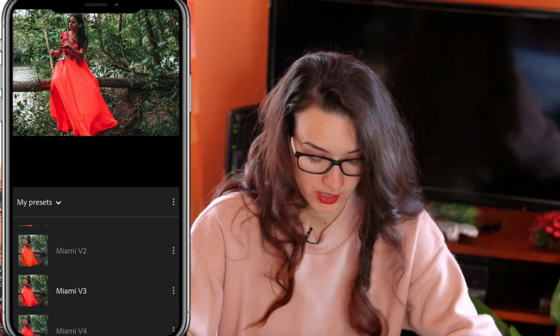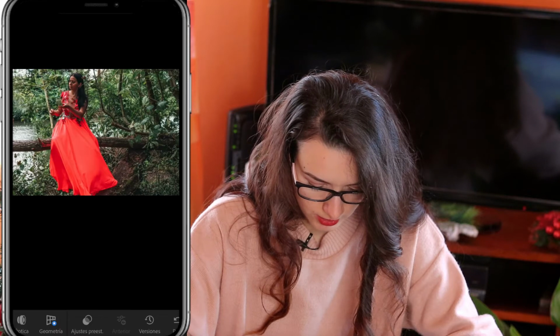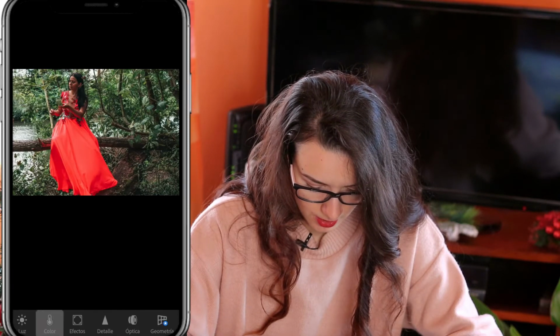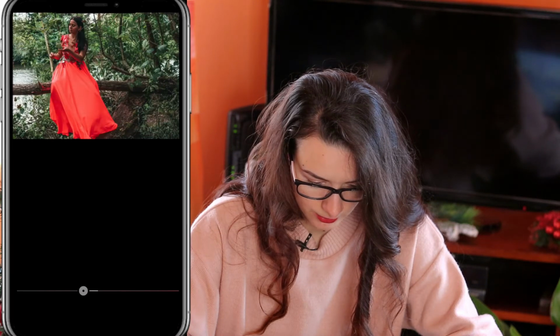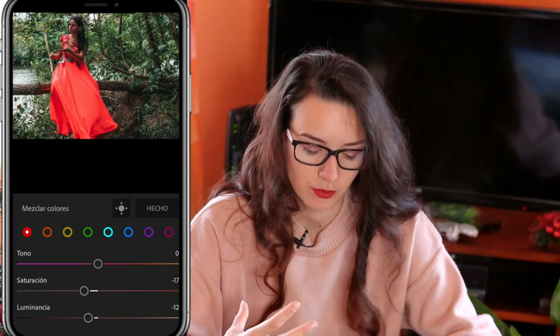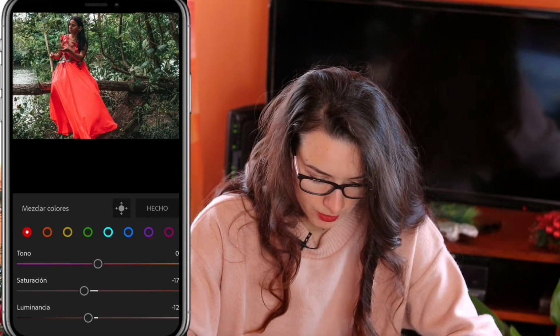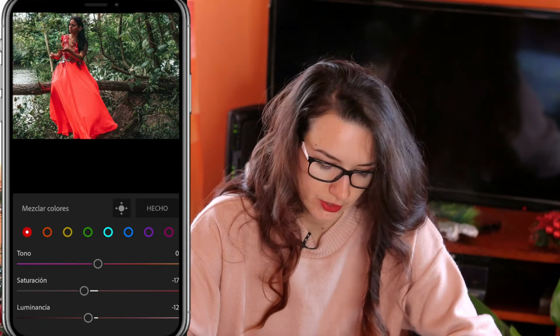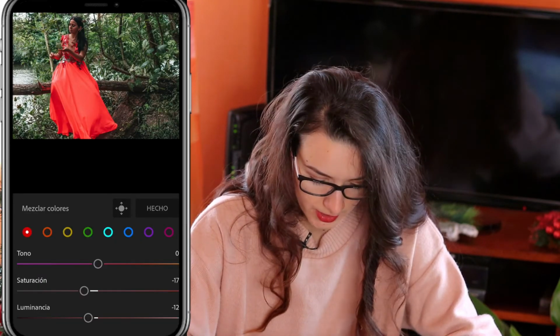Okay, I will use this preset and I will change it a little bit because the red is just too bright. I don't want it to be that bright. I still want it to look pretty natural. So this is the before and after. It's not such a big difference, but